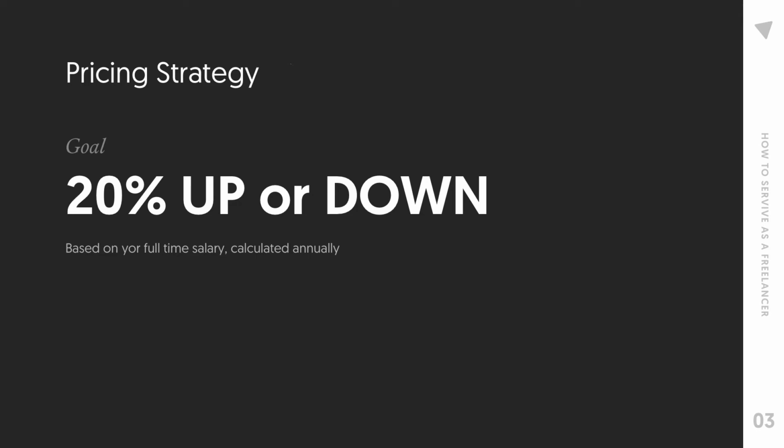But I will give myself a year or two. Let's say the first year I make 20% up and the second year I make 20% down, then I think it balances out okay, so I'll still keep doing it. But if I have 2 years consecutively making 20% down, then I'll really think about getting a full-time job or doing something else. So 20% up and down is the rule I set for myself.